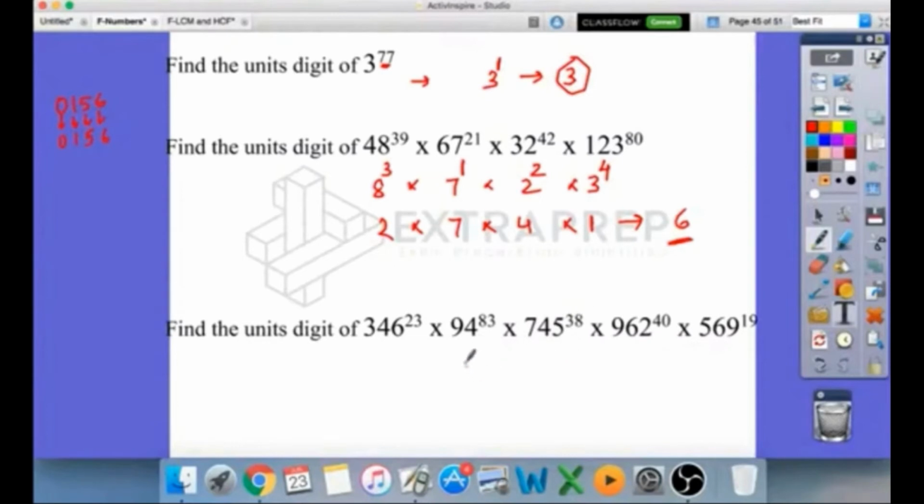Now let's look at the third one. You can solve it by the method that I taught you. The units digits are 6, 4, 5, 2, 9, and the powers are 3, 3, 2, 4, 3. Then 6 cube, 6. 4 cube is 64, you have 4. 5 square is 25, you have 5. 2 power 4 is 16, you have 6. 9 cube is 729, you have 9. This is easy. By multiplying, you'll get the answer, but you can also use logic, use your brains.